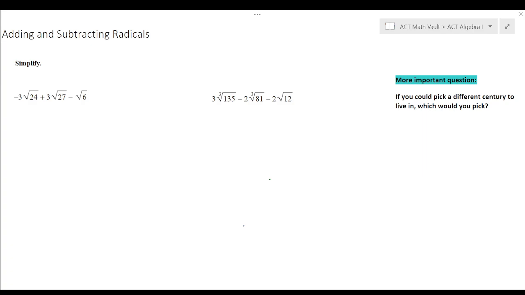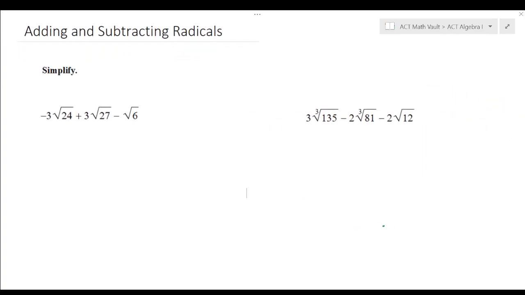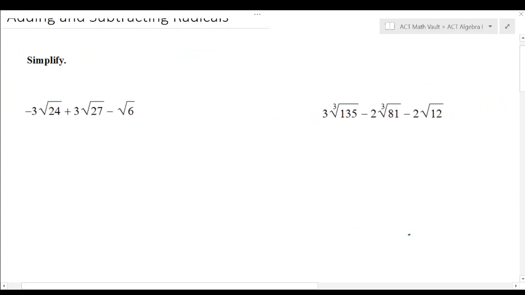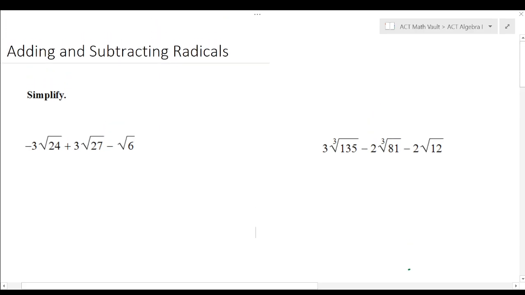So we have some interesting looking problems here, and it says simplify. So we have adding and subtracting in the first and subtracting only in the second. There are a couple of things that we should talk about first. So in order to add and subtract radicals, I want you to think of the Algebra I concept,